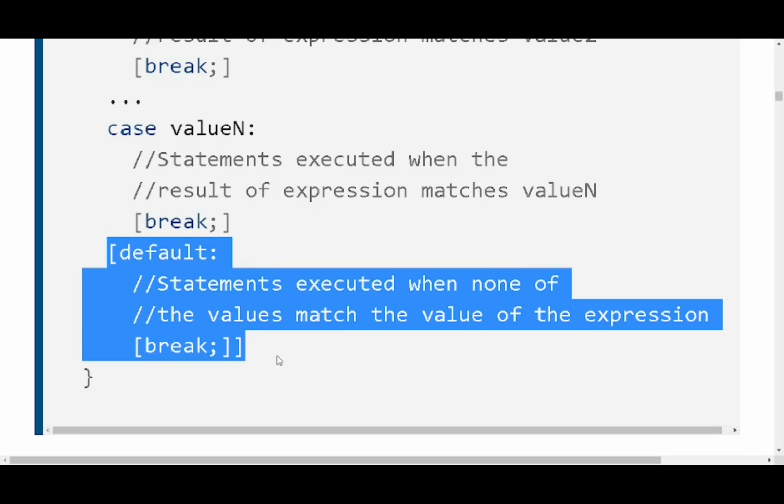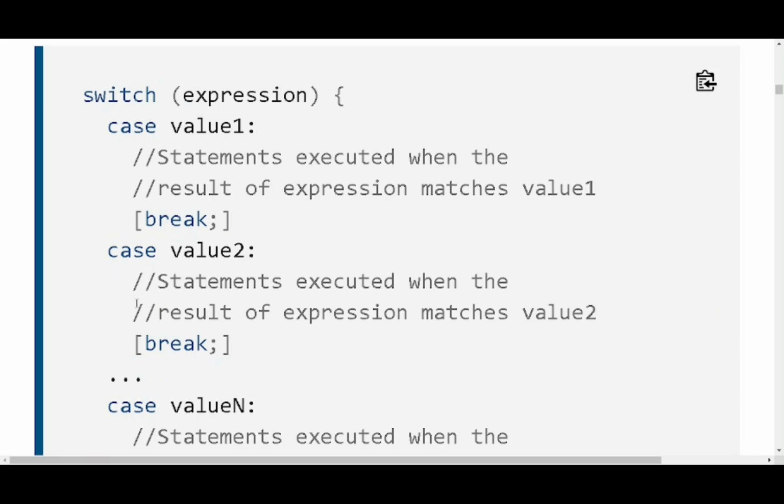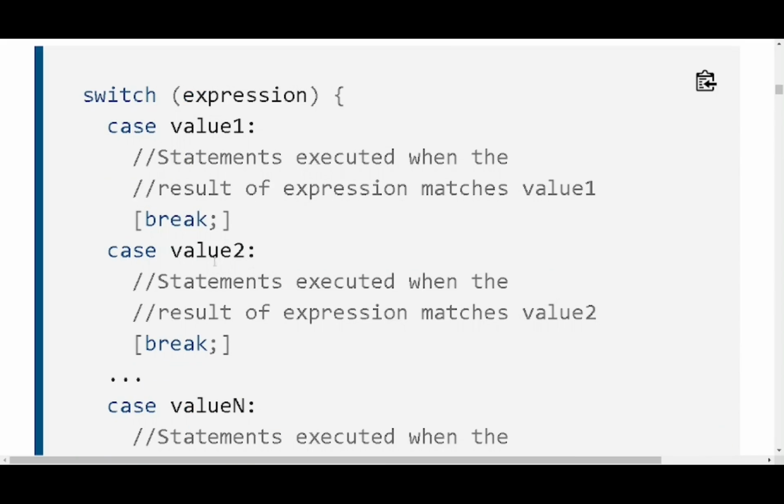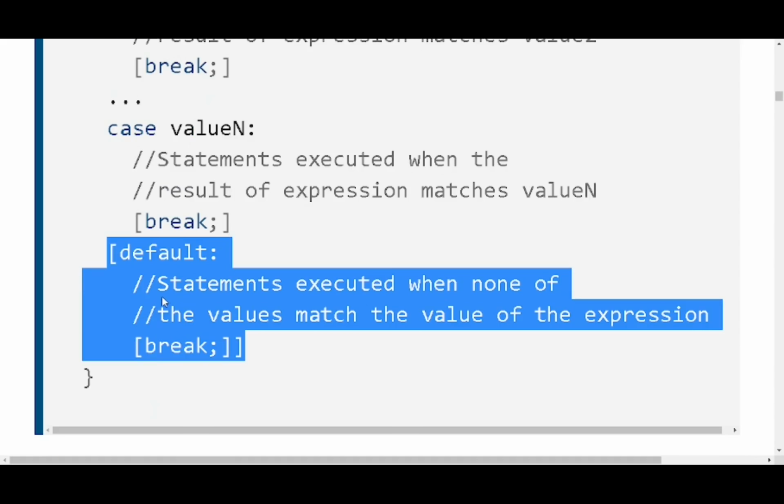That means it is not compulsory that the default construct and the statement should be present towards the end of the switch. You can keep the default anywhere among the cases. But the behavior is the same. If neither of the cases within a switch matches, then wherever the place of the default within the switch block may be, there execution will go and execution of the statements will happen.